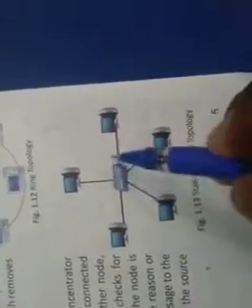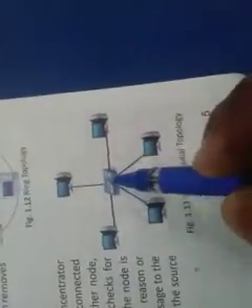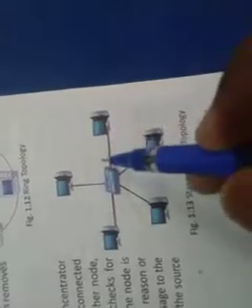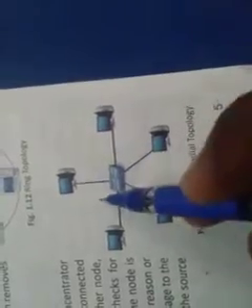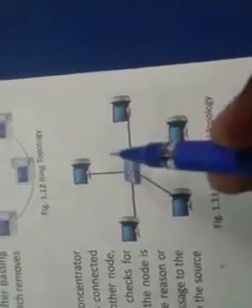Suppose this is a kind of network where 1, 2, 3, 4, 5 computers are to be connected. So the previous hub can be used here. Here, this is the hub and all the computers are connected to the hub, right? Now it means all the computers can communicate with each other, because they are connected to one another by this hub. Okay, so this is basically used in star topology, which we will discuss later. So this is hub.